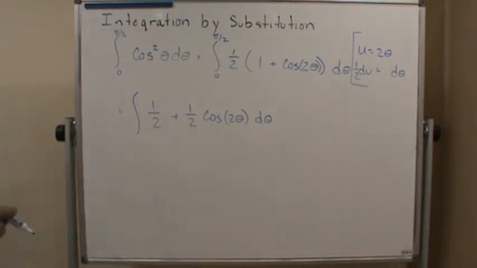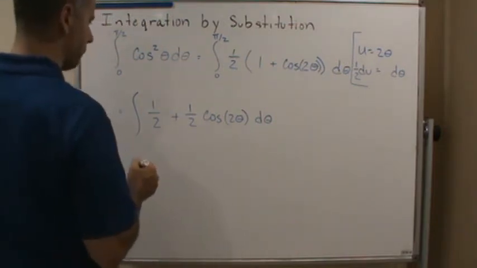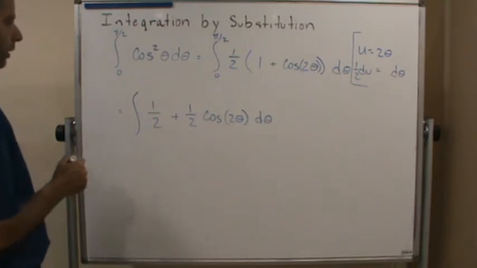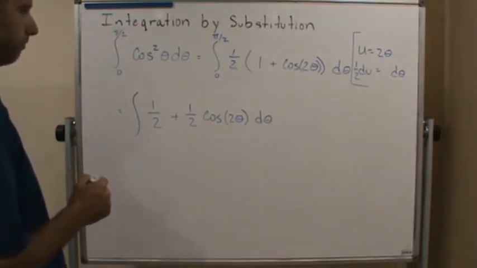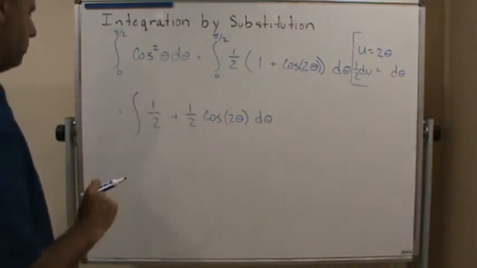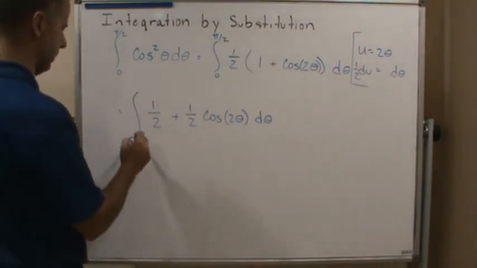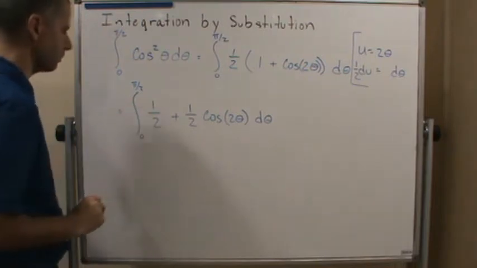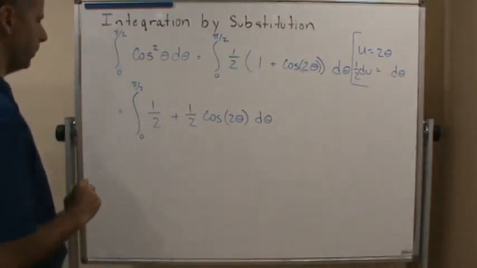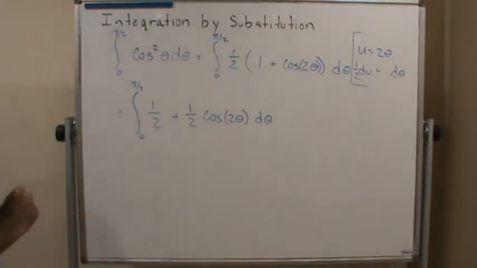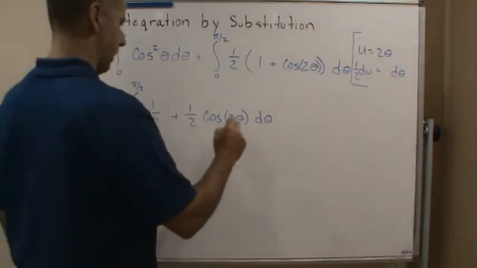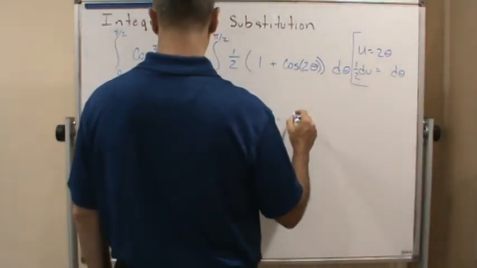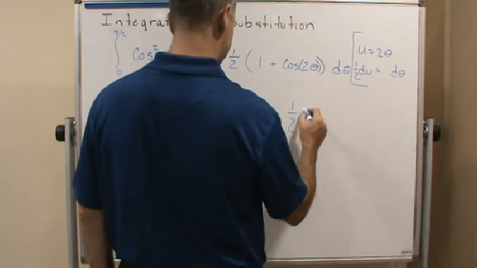So just simplifying it. Now, the limits of integration though. Well, we haven't done a U substitution yet, so let's just keep it the way it is, 0 to pi over 2. Okay, so now what I'm going to do is split this up. So I'm going to write this as 1/2